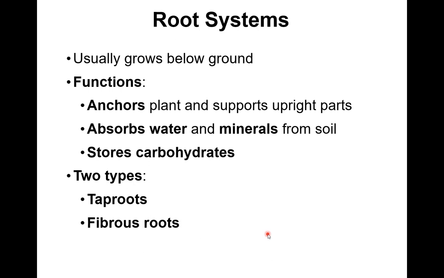The functions are different. The root system originated first of all to anchor the plants to the ground, but most importantly to allow the plant to absorb water and minerals, sometimes forming mycorrhizas with pre-existing fungi. The other function that roots have is to store carbohydrates. Just think about carrots, for example. It's an example of a root where there's a lot of carbohydrates stored that gives that sweet taste